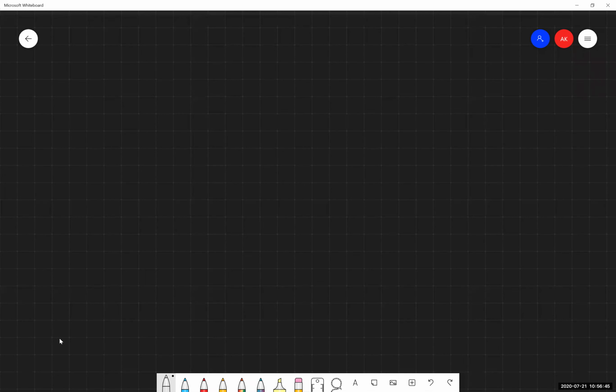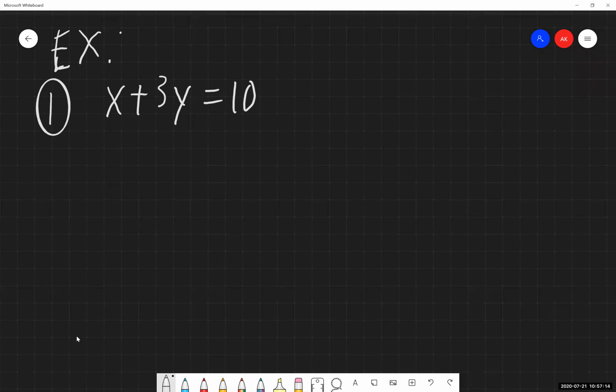Okay, so overall, what we're being asked to do here is determine the solution to the system of equations by substitution. So it means we're using the substitution method to make this happen. Now, example 1, again, we have been given 2 equations here. It may be the case that we might need to create our 2 equations depending on the problem. But in this instance, we have been given our 2 equations.